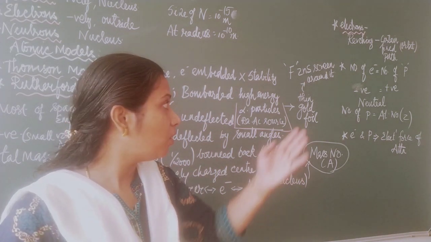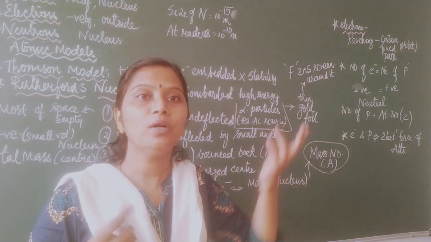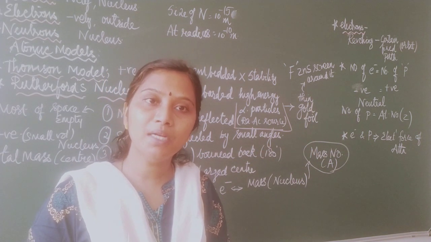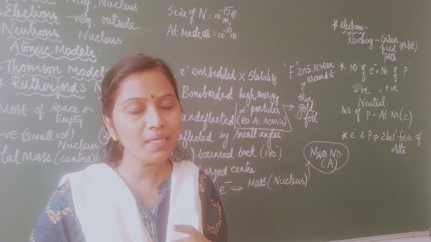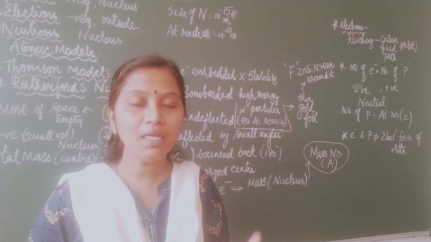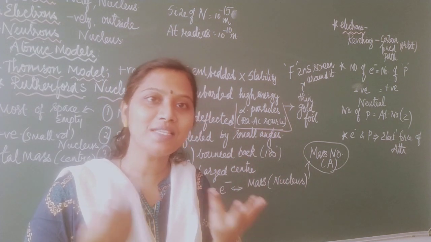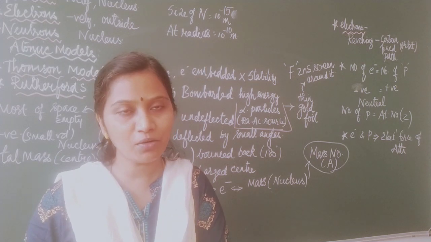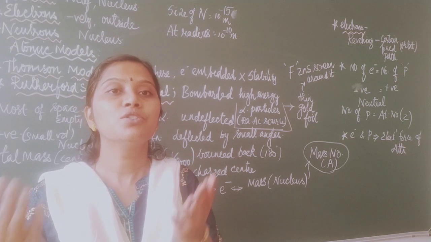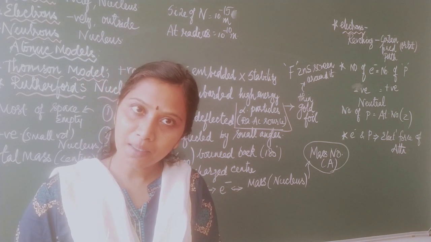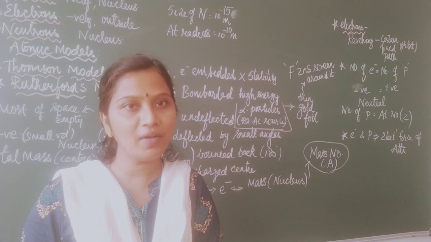Now what do we call the number of protons, children? The number of protons is equal to the atomic number, and atomic number is always indicated by the capital letter Z. So what is atomic number? Atomic number is the number of protons. The number of protons is also the number of electrons, because the positive charge is always equal to the negative charge. So atomic number is equal to the number of protons, and the number of protons in turn is equal to the number of electrons.